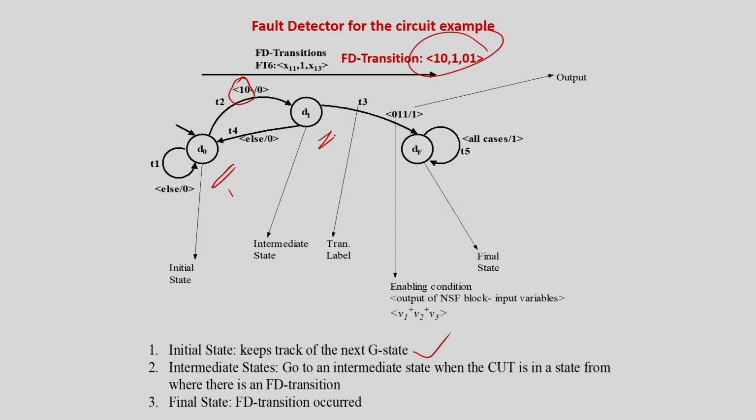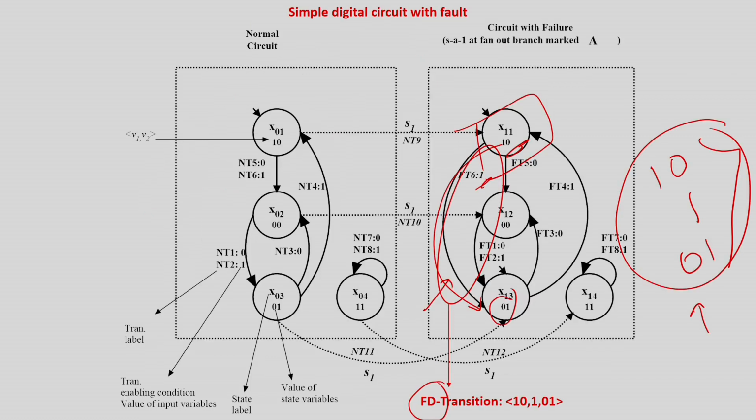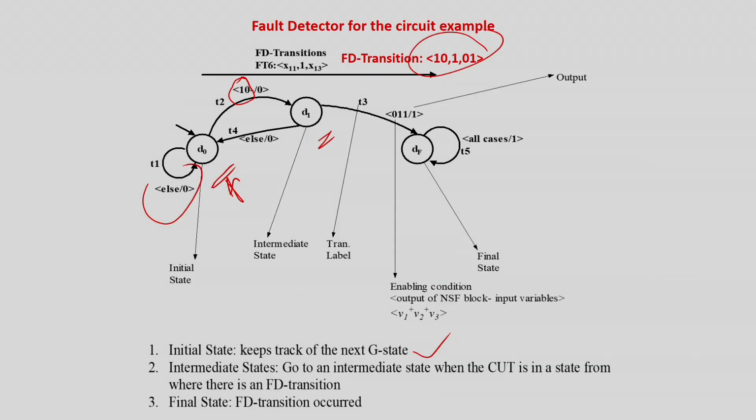I am going to the next state of the tester. This is the next state of the tester, not the machine or the circuit. So I am going to get D1. D1 is a very interesting state, because in D1 the initial state is always keeping track of whether the next state is 1 0. If it is a 1 0, then only the tester will wake up, because the fault detecting transition occurs only from the state 1 0. Otherwise it is going to sleep. 1 0 has come. Very good. That means the machine in the next state is going to be in this state, the same state called 1 0.